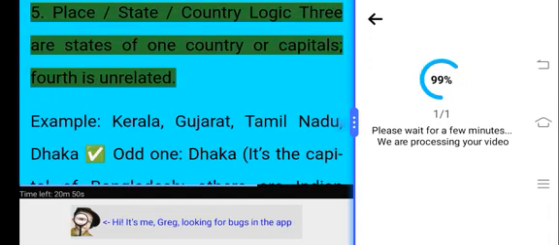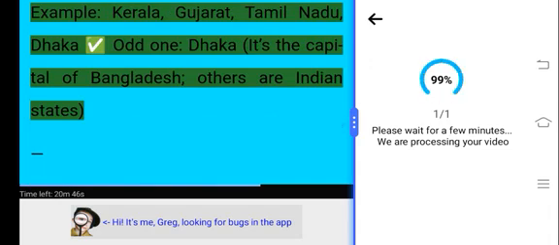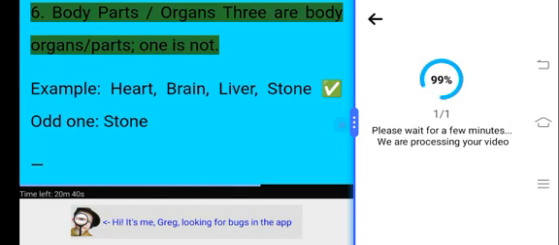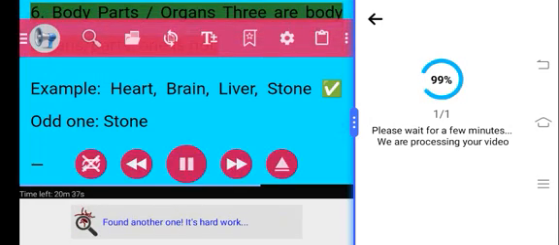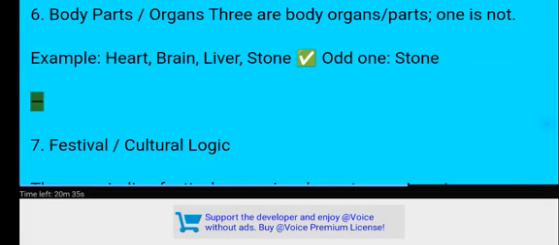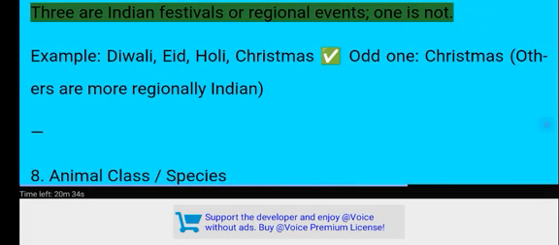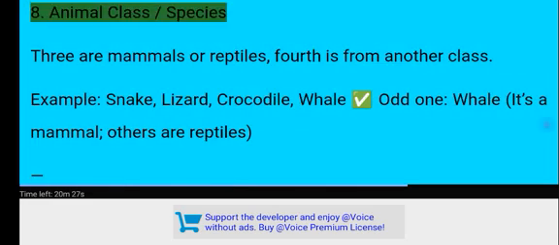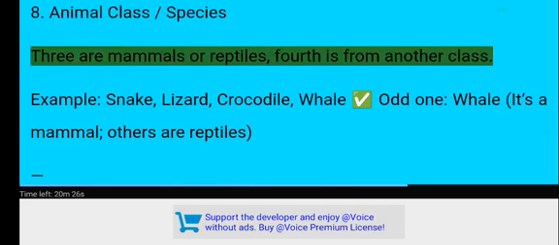5. Place, state, country logic: 3 are states of one country or capitals, the 4th is unrelated. Example: Kerala, Gujarat, Tamil Nadu, Dhaka → odd one, Dhaka is the capital of Bangladesh, others are Indian states. 6. Body parts, organs: 3 are body organs or parts, 1 is not. Heart, brain, liver, stone → odd one, stone. 7. Festival, cultural logic: 3 are Indian festivals or regional events, 1 is not. Example: Diwali, Eid, Holi, Christmas → odd one, Christmas, others are more regionally Indian. 8. Animal class, species: 3 are mammals or reptiles, 4